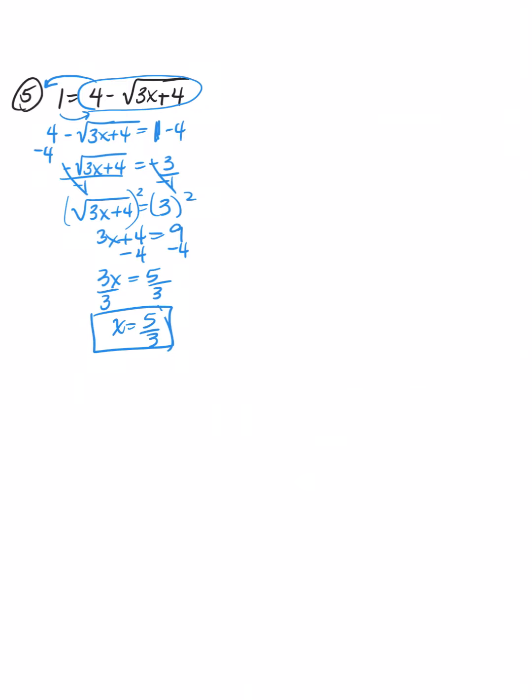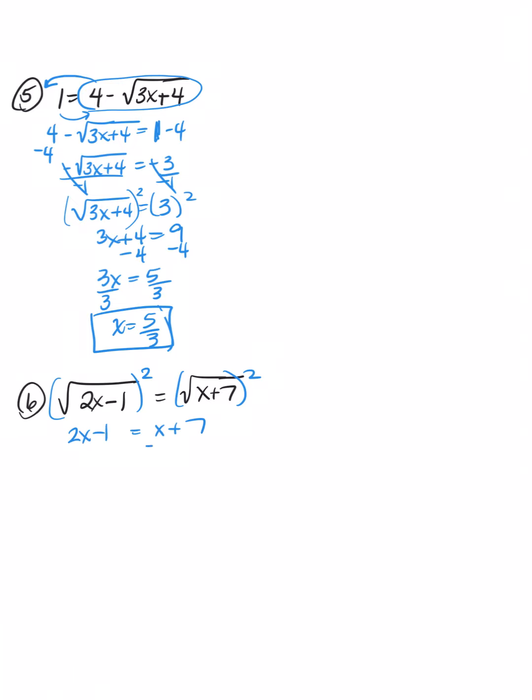Now let's try one last example. This one looks a little different because it's going to have square roots on both sides. Square root of 2x minus 1 equals the square root of x plus 7. So this is weird because it has square roots on both sides. Well, the good news is we already isolated the square roots, right? They're already alone on each side of the equal sign. So at this stage, I will just start by squaring both sides of my equation. So when I do that, everything just pops out